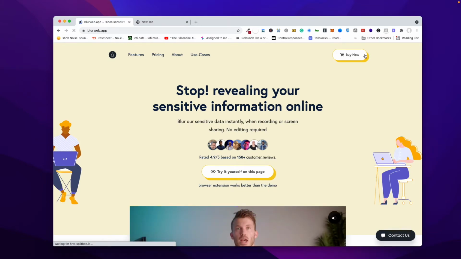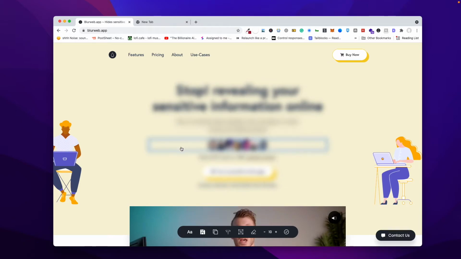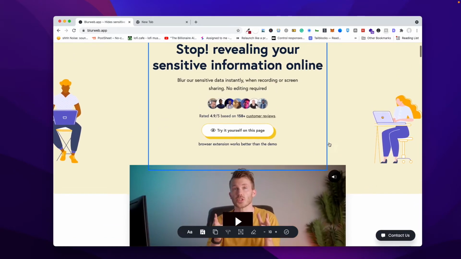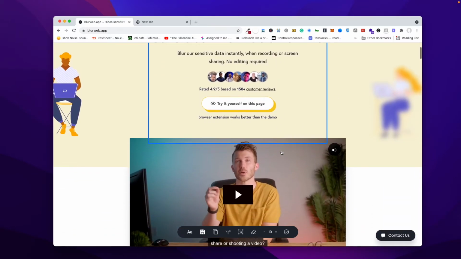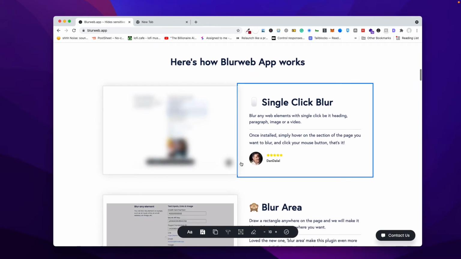It's a browser extension available for Chrome, Opera, and even Safari as well. You can just click on the extension and click to hide any information and double click to unhide it. You can click on images to hide, on text to hide, or on videos to hide, right?